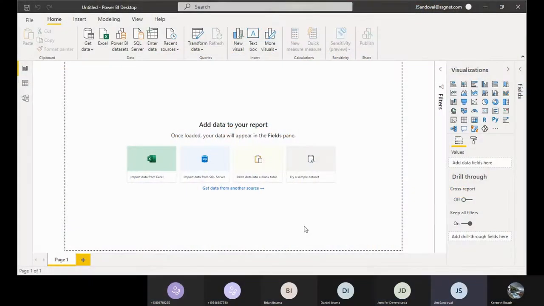So this is the Power BI desktop. It's an application that you download. You can certainly do this off of a web application, but it's more recommended that you get this. But this is the opening screen, and what we're looking at right now is your way to get data from